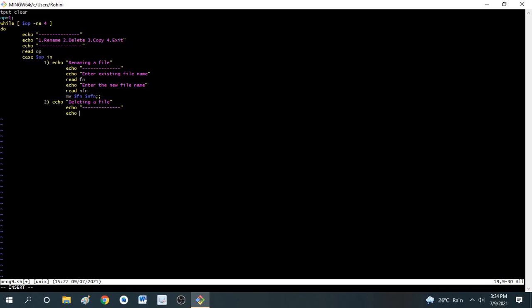So for that I have to use echo, enter the file name that you need to delete. I am reading that in fn variable. Then to remove or to delete that file, I have to use the command rm and the file name.